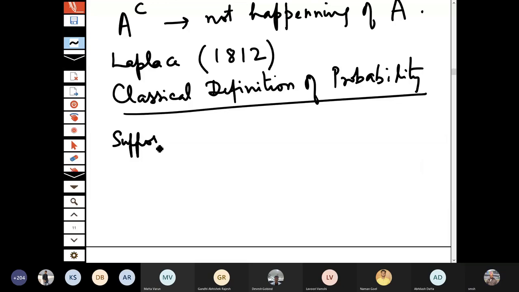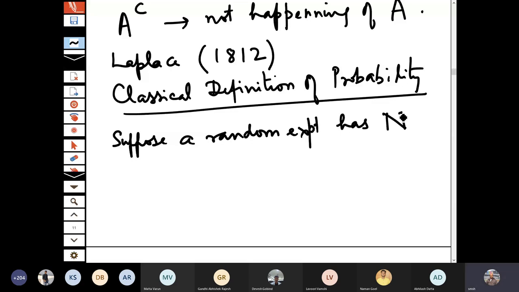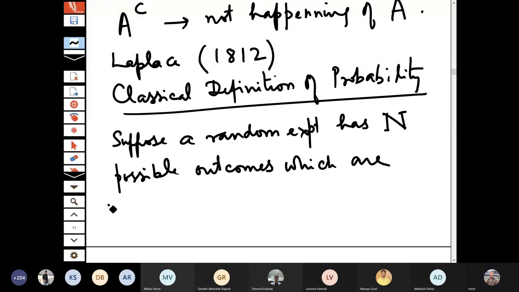Suppose a random experiment has n possible outcomes which are mutually exclusive, exhaustive, and